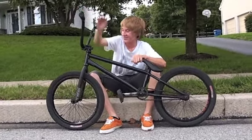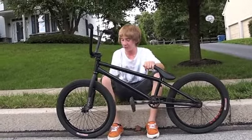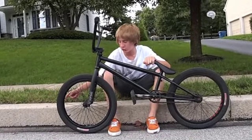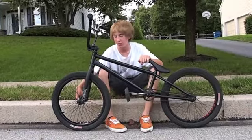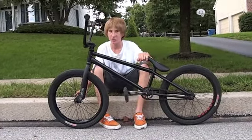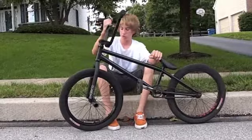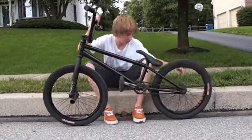But I got Colony Guardian forks. They're awesome. I love them. I got a G-Sport Roll Cage rim, also awesome. Got a Demolition Bulimia hub. It's alright. I don't know. It's not very strong, but whatever. I got Animal MK3 pegs. Front, back,